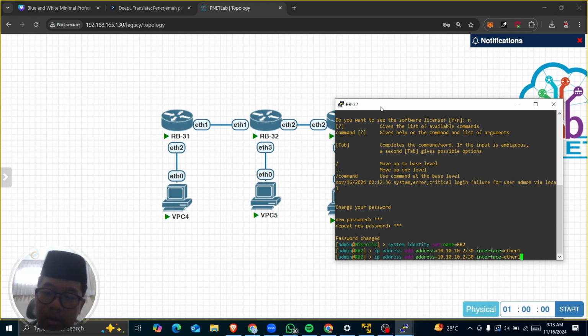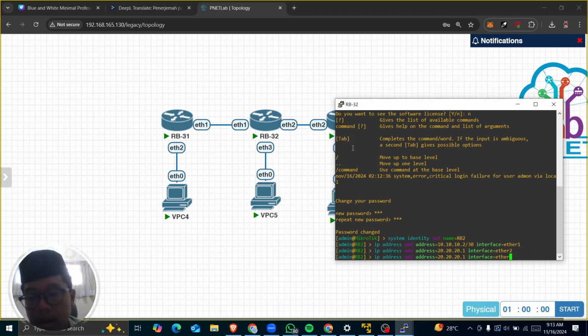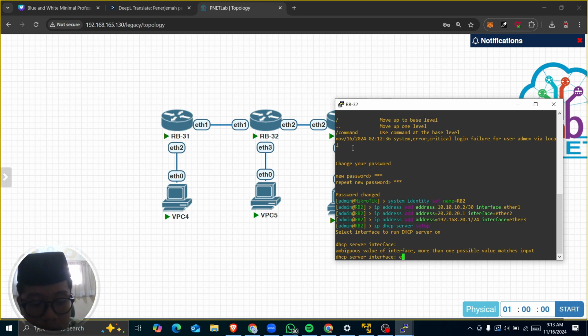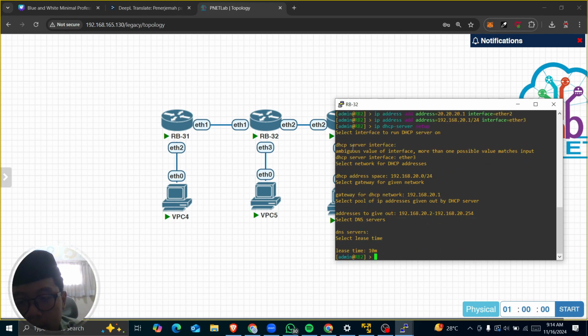Okay, next, to make it easier, we're gonna add the next IP 20.20.20.1 on ether2. So ether2 is connected to router board 3, and the next for the PC, we're gonna add same like before. Done. And don't forget to configure the DHCP server, guys. Oops, on ether3. Next, and done.